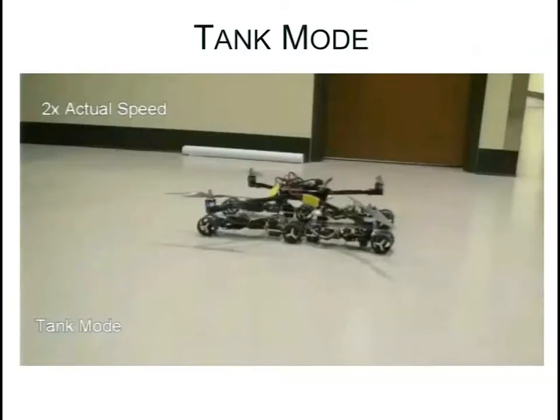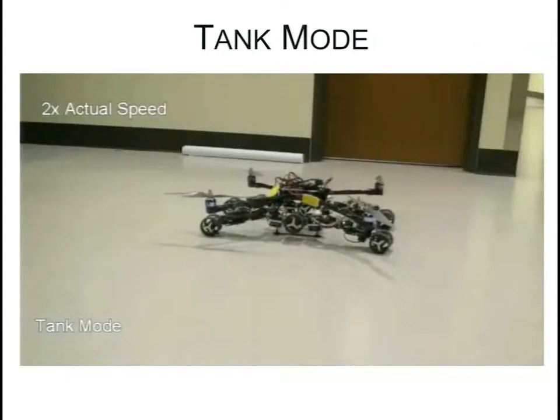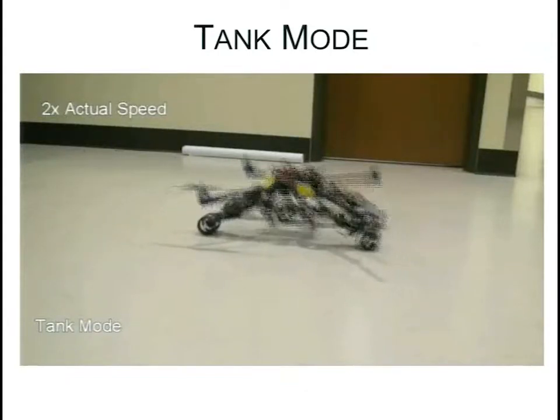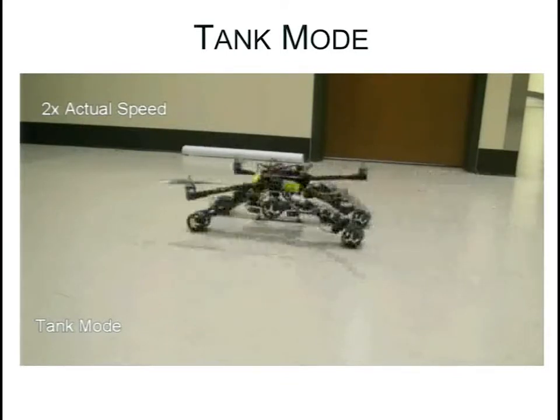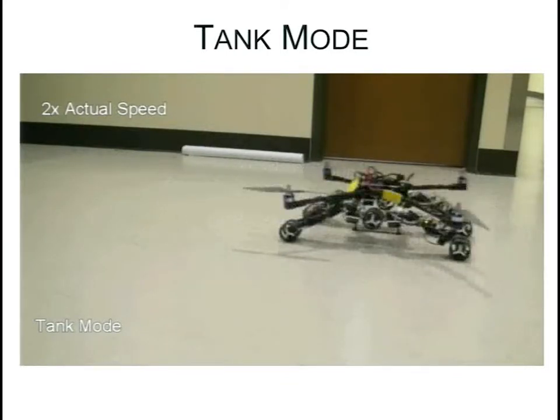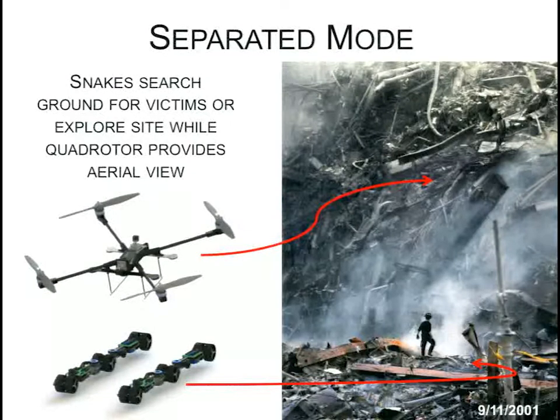Here you can see a video of us driving up and docking. It's a quick and easy process. And driving around with the quadrotor off, this allows us to travel large spaces very quickly. We can also operate separated, with 3 separate robots. So the snake robots travel through rubble, and they're small enough to fit in a 4-inch bore hole in the ground, and the quadrotor is able to survey the scene.